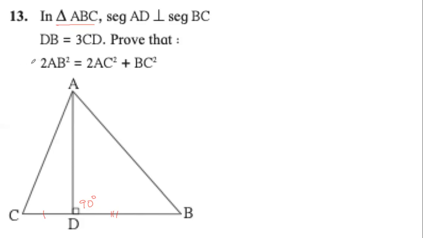Of course, we have to first understand the question, which we have already, and then we have to look at what we have been asked to prove. We have been asked to prove something about the sides AB, AC, and BC. So these are the 3 sides of this triangle ABC. There are many things that are applicable. You may be tempted to use Pythagoras theorem. You may also be tempted to try Apollonius theorem.